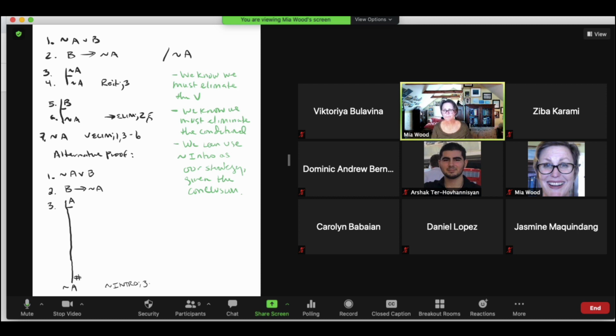Okay. And then, regardless of the fact that we're using negation intro as our strategy, we still have to eliminate the disjunction. But notice the difference between the disjunction elimination that we worked in the first version and what I'm about to do. So here,